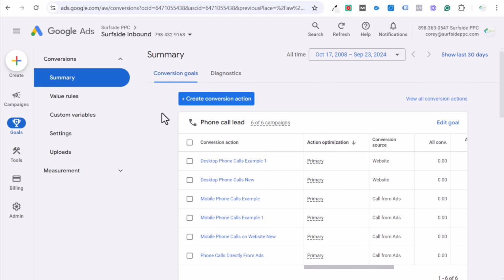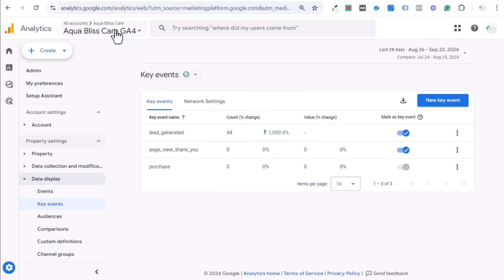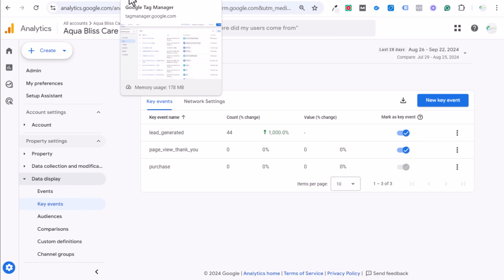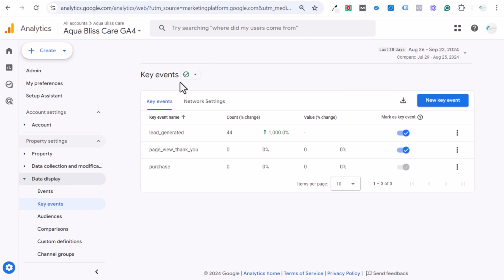Okay, we're going to come back over here, and now it's time to create the other conversion action. We're going to do this instead of creating the event in Google Analytics 4. We're going to be doing this through Google Tag Manager, and then we're just going to import this event one more time as a Google Ads conversion. So we always create the event first in Google Analytics 4. In this case, we're going to be doing it in Google Tag Manager, and then once we have that key event set up in here, we can just import it directly into our Google Ads account. Very similar to how we did it